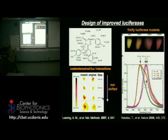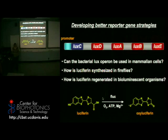If you focus just on this panel here, one group of researchers very recently swapped out different amino acids within the protein, and what they ended up producing was, here's our normal wild-type firefly luciferase, yellowish, greenish in color. They were able to produce variants that were more red-shifted. That becomes really useful for tracking single cells in vivo. So I think there's still some more optimization that can be done in terms of looking at how we can